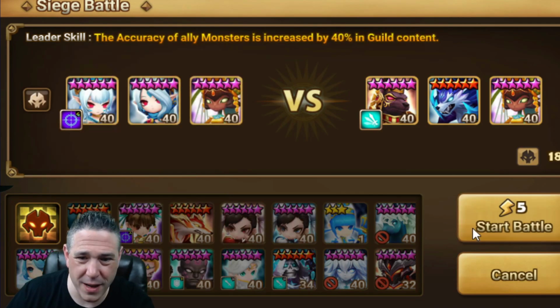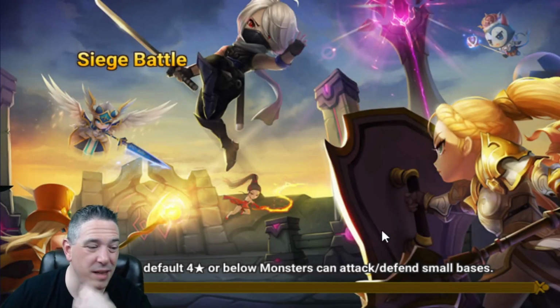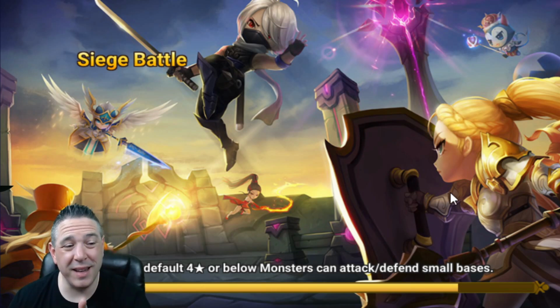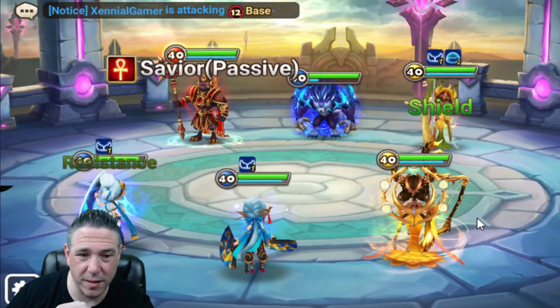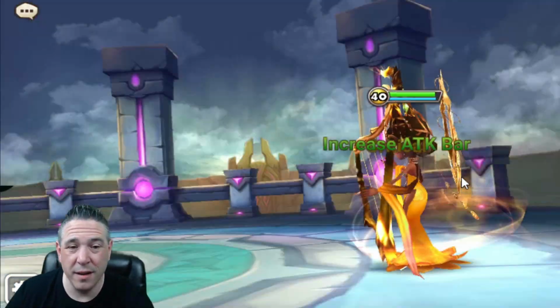This is actually a fairly easy beat with the Sabrina, Talia, and Triana. This actually, honestly, this generally is an easier win than it is against KVS. So basically here I've got...